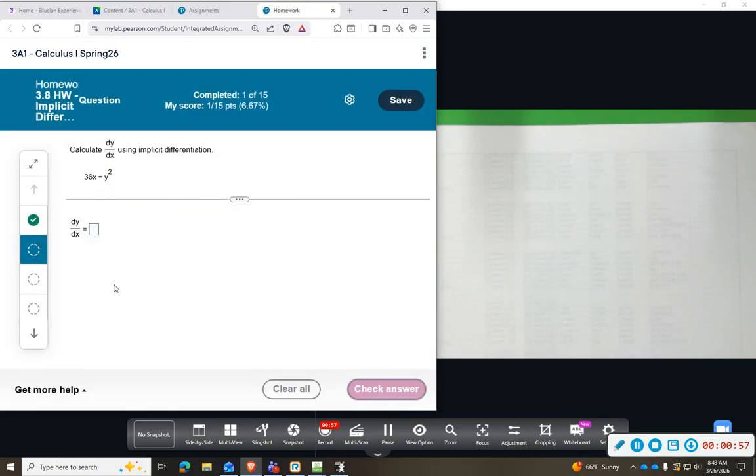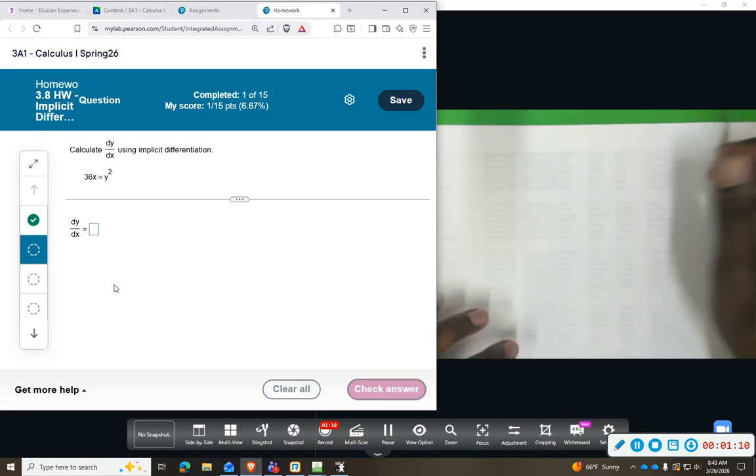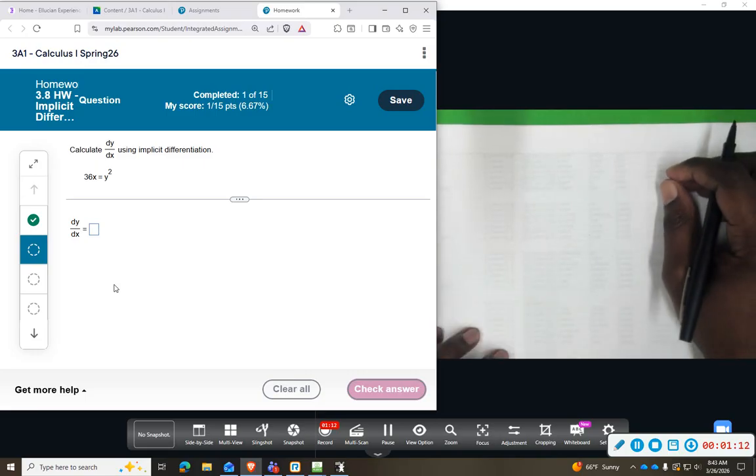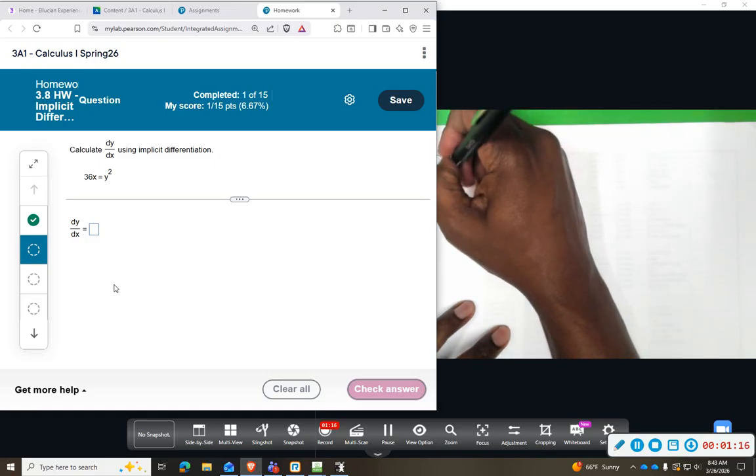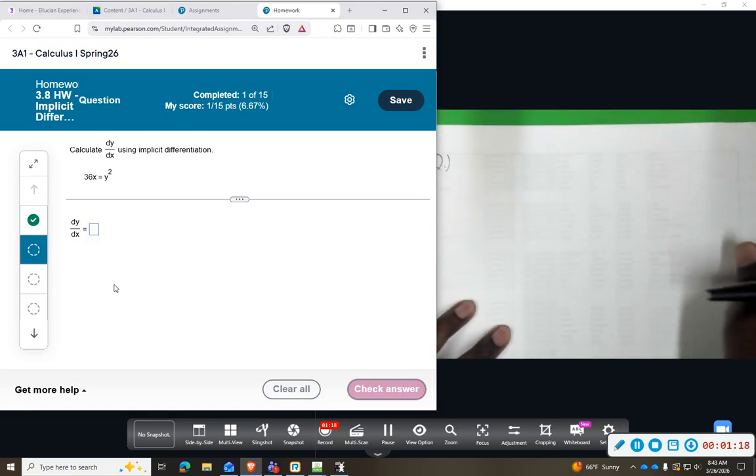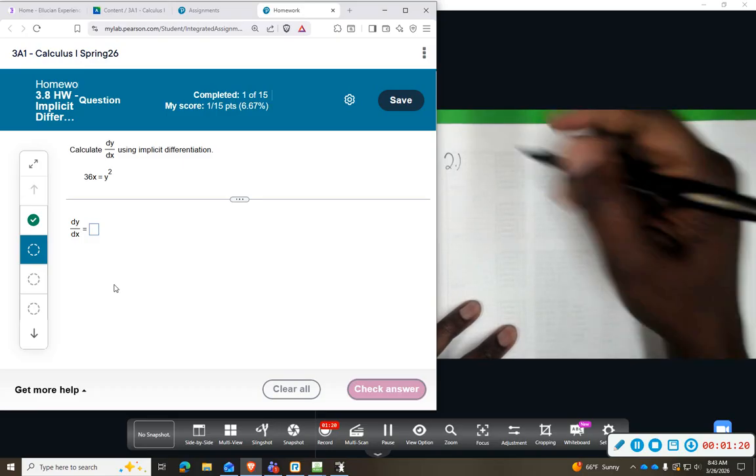Now, number 2, we want to actually use implicit differentiation to solve. Now, I want to show you 2 methods. Moving forward, I'm going to do whichever one is easier, but you do need to be familiar with both. I'll probably show you twice. All right, we're going to start out with